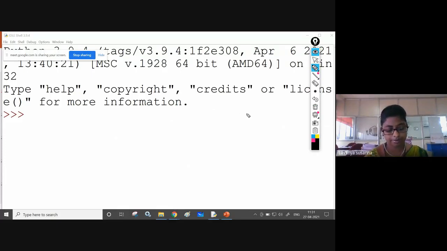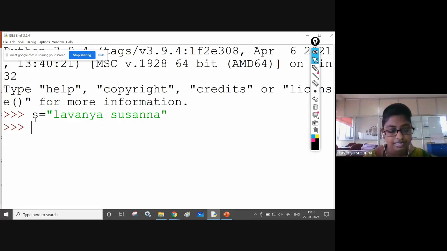See here, I am declaring a string, s equal to Lavanya Susanna.